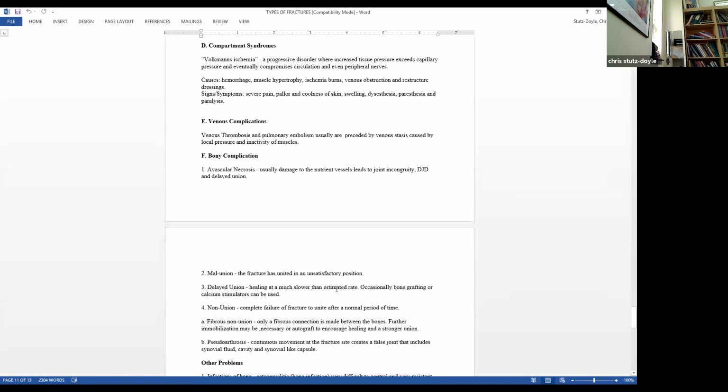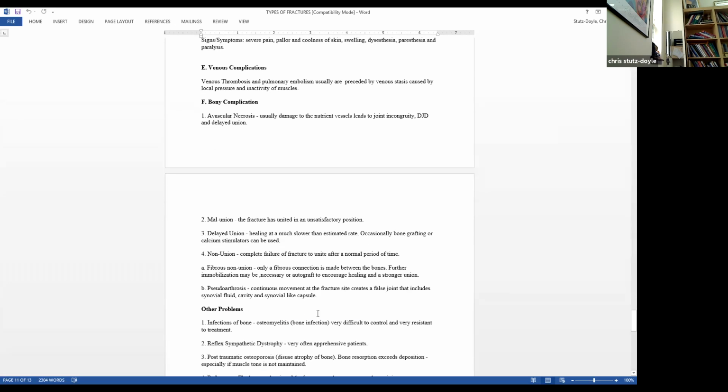Delayed union is healing at a much slower than normal rate, and sometimes they have to do a bone graft or they use calcium stimulators. And a non-union is a complete failure of a fracture to unite after a specific time. You could have a fibrous non-union. A fibrous connection is made between the bones. They'll have to do